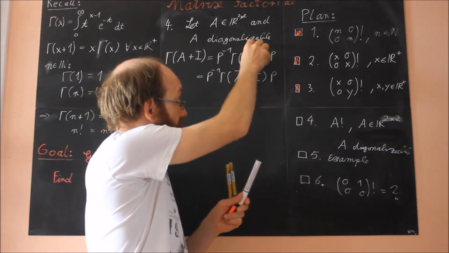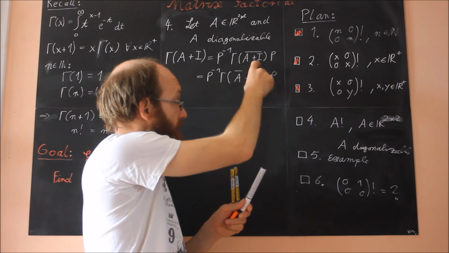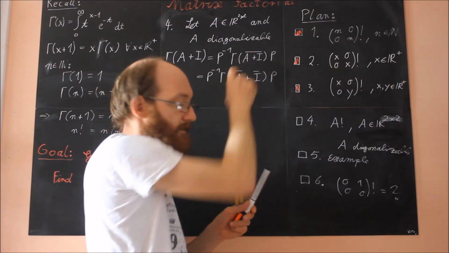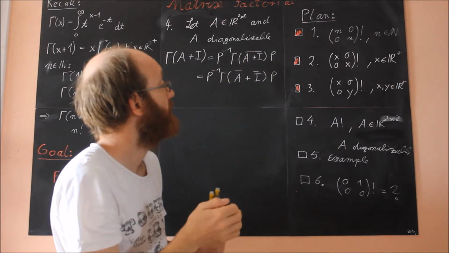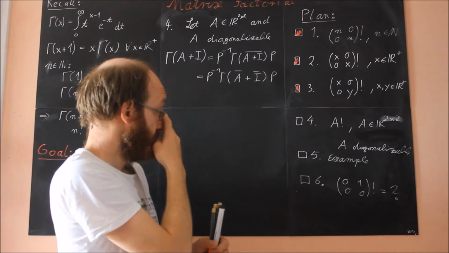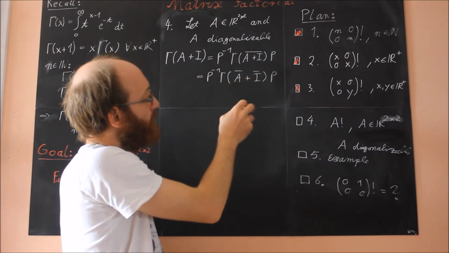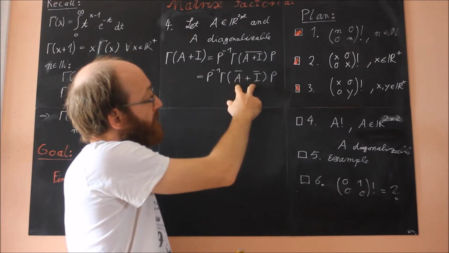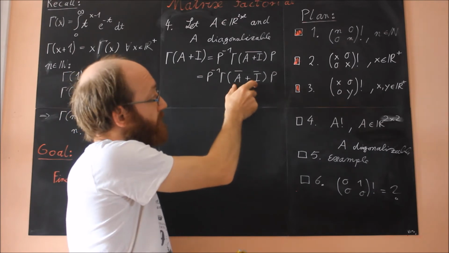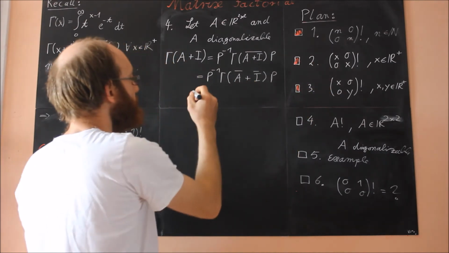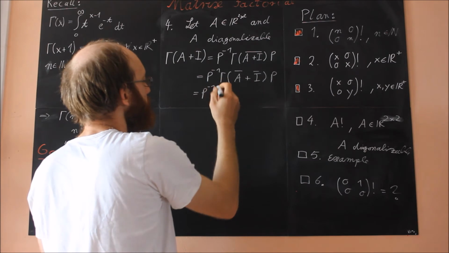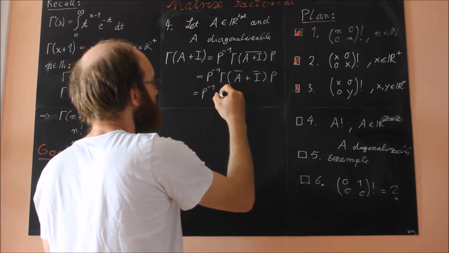A plus I is diagonal, so I is diagonal and A is diagonal, and I is of course diagonal, and now we can apply for diagonal matrices. We've already checked this. We know already that this is